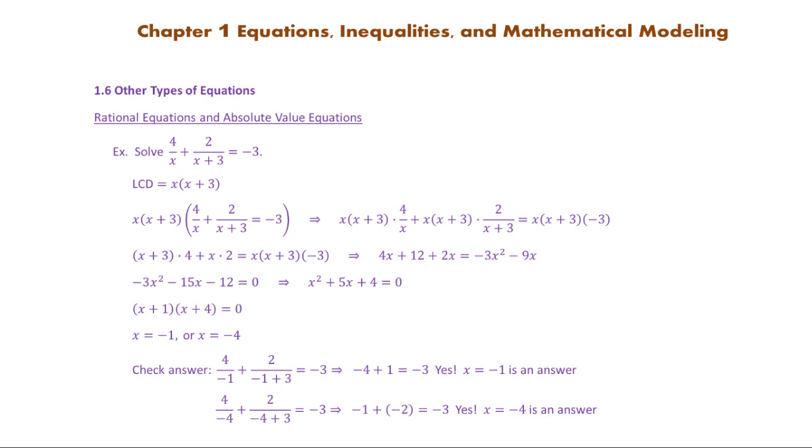x times (x plus 3) just gets x squared plus 3x, and then you multiply by negative 3, you get negative 3x squared minus 9x. You just distribute. And so then you can move negative 3x squared or 4x plus 12 plus 2x to the right side. Just move everything to the right side and combine like terms. So 4x becomes negative 4x, and then you get